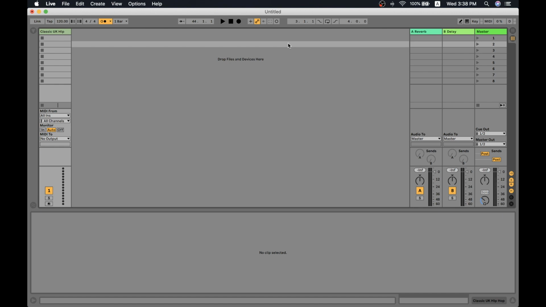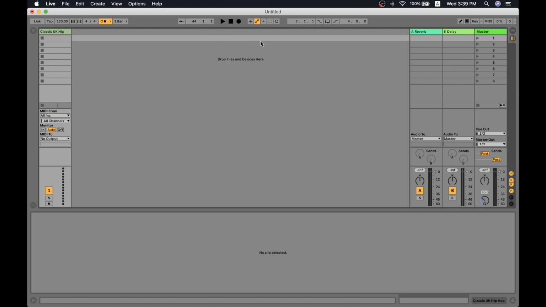And the session view is where Ableton gets credited for its popularity. If I had to explain what the session view is, it's basically the track alternatives feature of Logic Pro X on steroids. What it allows you to do is perform live, improvise, try different variations, and the different variations are the key element of what makes the session view unique in Ableton and how it's locked to the BPM of your project. So, in order to demonstrate this, what I'm going to do is show you how track alternatives work